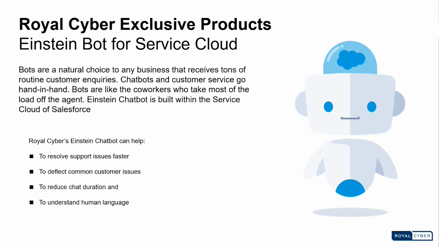Now this saved your agents' time, so you didn't have to engage an agent just to respond to, you know, what's the status of my order? When are you going to ship it? Just to answer that, you didn't have to engage your agents. For the customer for whom we implemented this, it helped them a lot. It streamlined their process, and they've saved a considerable amount just with this one, where they streamlined their service activity.